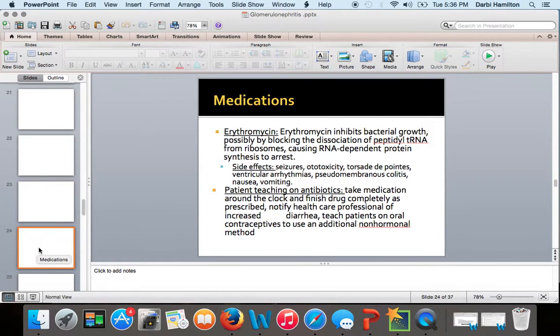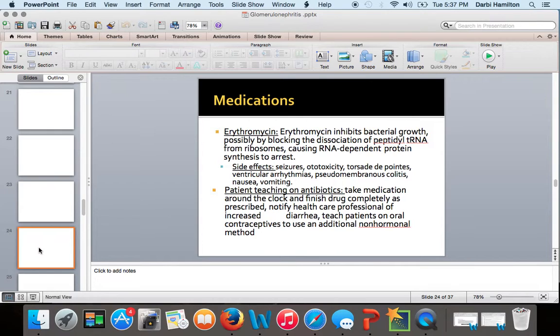And another antibiotic that could be used is erythromycin. Erythromycin inhibits bacterial growth, possibly by blocking the dissociation of the transfer RNA from ribosomes, causing RNA-dependent protein synthesis to arrest. Side effects include seizures, ototoxicity, Torsades de Pointes, ventricular arrhythmias,